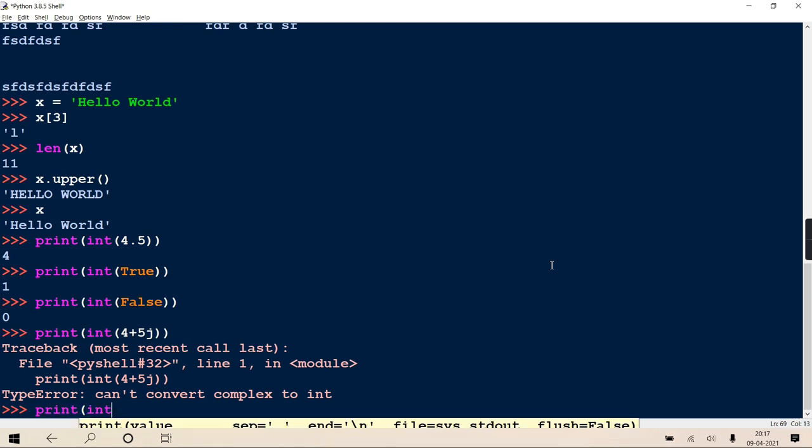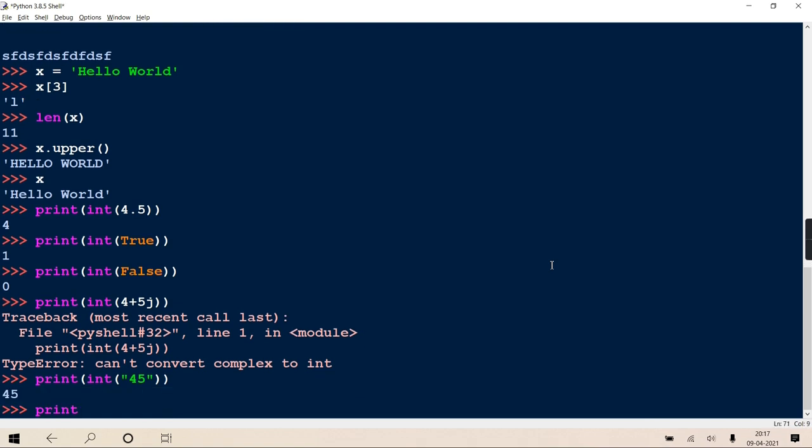And I am trying to convert a string to integer. This is a legal string because it contains a proper base 10 number, so it will convert to integer 45. But if I am trying to convert string RAM to integer, obviously it will give an error because it is not containing a base 10 value.